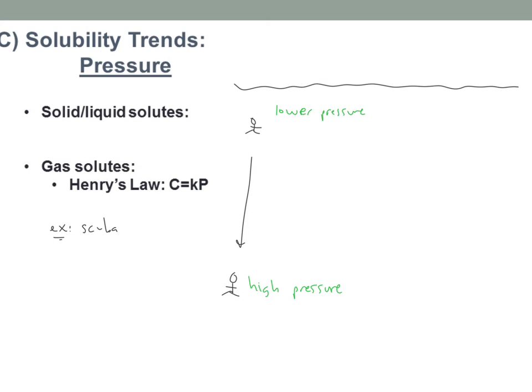And so you always breathe air that is the same pressure as the water around you. So as you go down, you're also breathing high pressure air. If you're at a lower pressure right up at the top, that means that we have relatively lower pressure, and that means there's a relatively low solubility of gas,